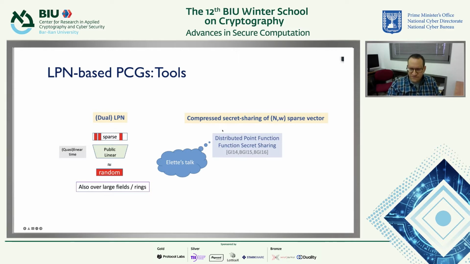And in fact, this is something we need. So we actually need to generate this kind of secret sharing where neither party knows the positions of the non-zero entries when we consider PCGs for OLE, for triples, for truth table correlations that we saw before. For this, we actually need the full power of DPF or FSS,